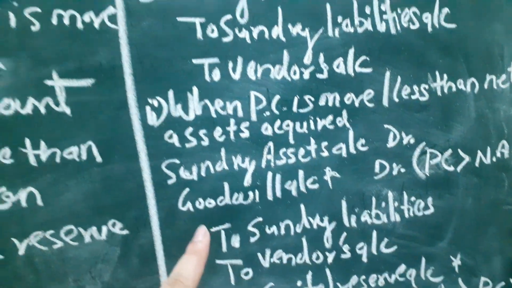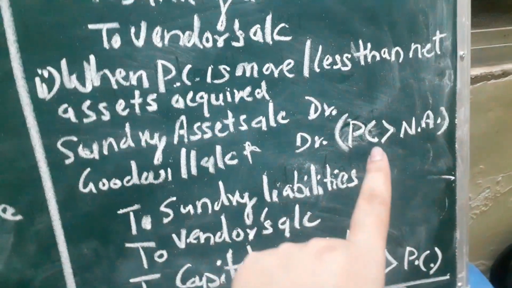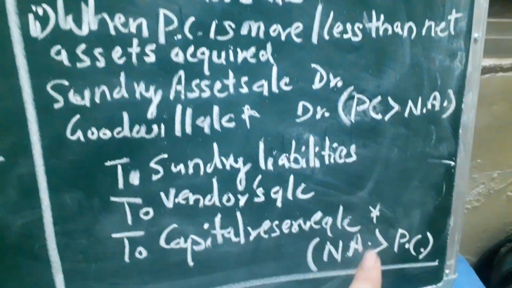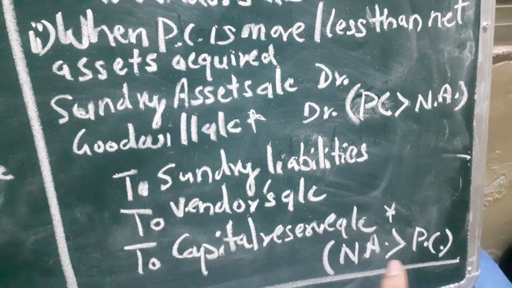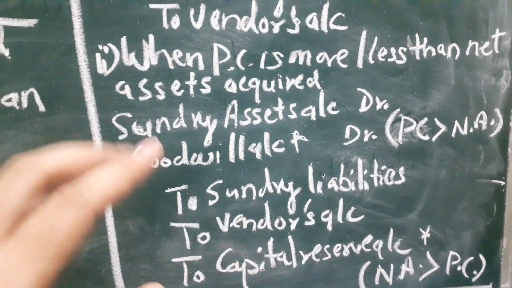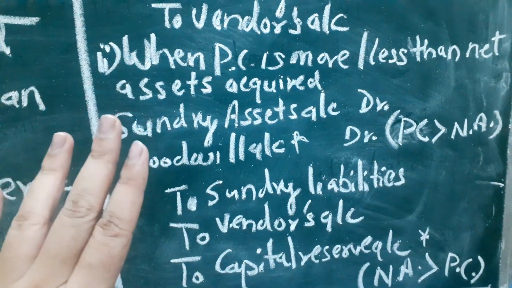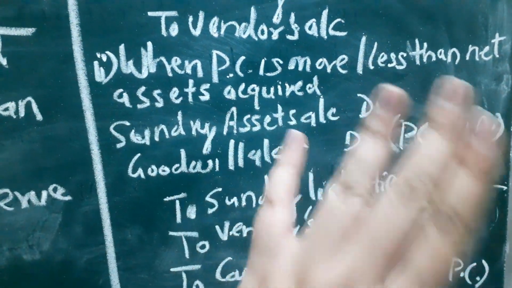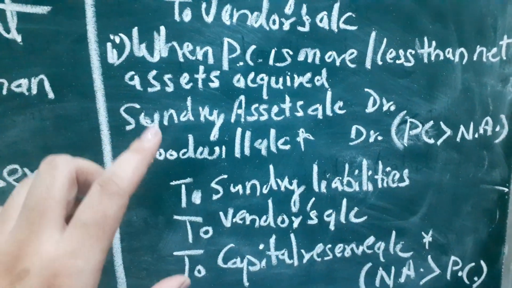But the only difference you can see here is goodwill account and capital reserve account. Goodwill account you have to open when your purchase consideration is greater than your net assets value. If your purchase consideration is less than the net assets value, or alternatively your net assets value is greater than purchase consideration, then you have to open a capital reserve account, credited to capital reserve account. Questions can be asked for two situations, where the purchase consideration may be more, or it may be less. But for convenience, I have shown both the cases in one entry,